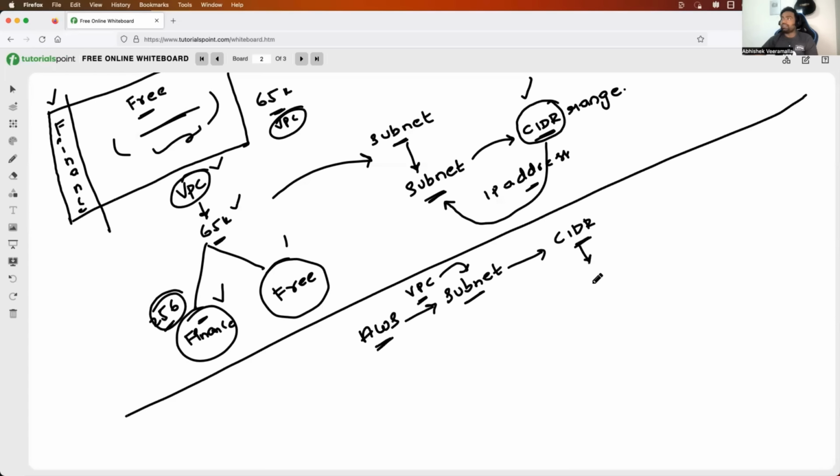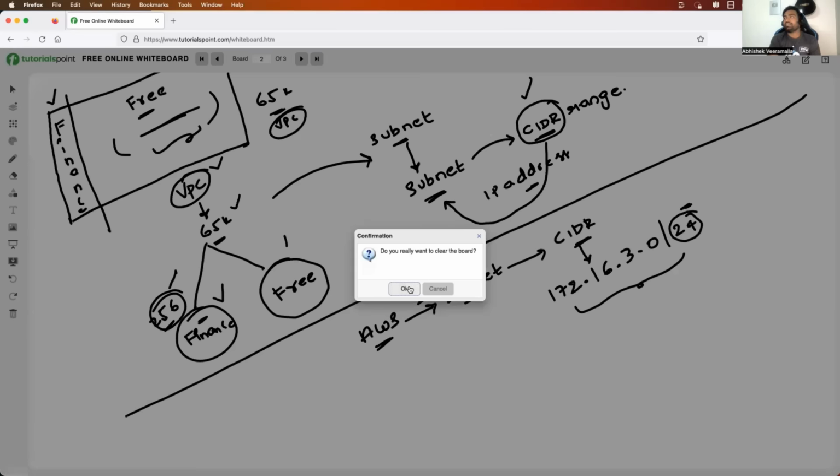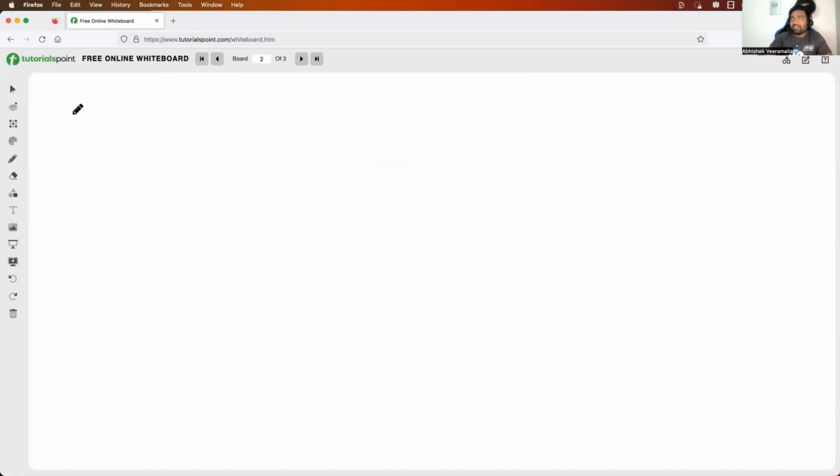And when you want to create this CIDR, the simple solution is you say 172.16.3.0/24. So if you require 256 IP addresses, you will provide /24. Now, how did I do this? This should be your $1,000,000 question. That is, Abhishek, how did you understand if I need 256 IP addresses, I need to provide